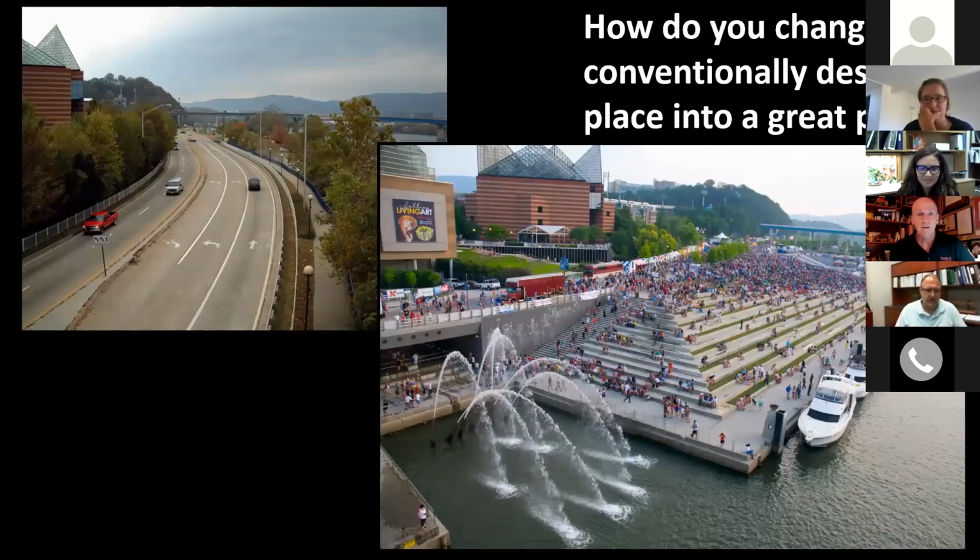So this is Charlotte, North Carolina, and this is a highway that was built along the waterfront, and it goes right downtown, and you can see the aquarium on the left-hand side. So you've got the river on the right, the highway, and then the aquarium and the rest of the downtown, and it blocked the city off from the waterfront. And the city wanted to have a nice downtown and a nice place, but didn't have access to its amenities.